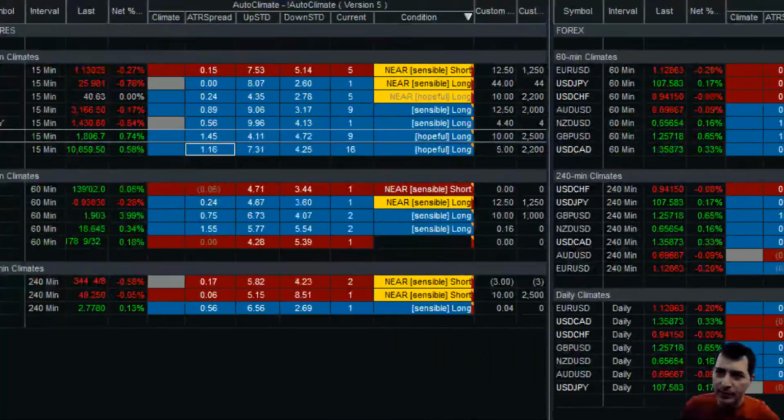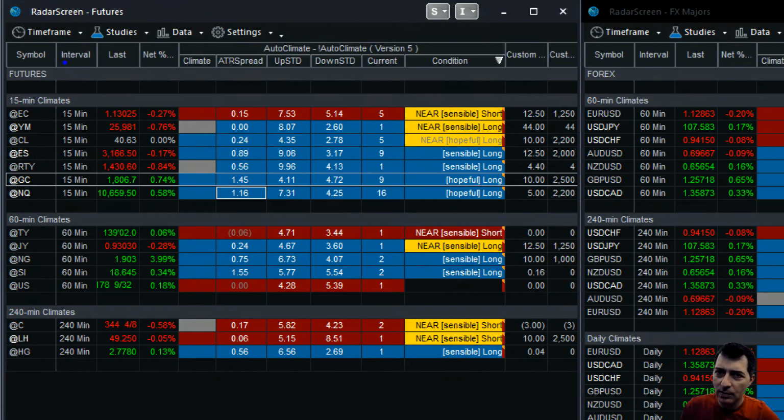So let me freeze the screen and zoom in. We're going to see what's available. Notice that the first thing we can see here is a near sensible opportunity with the Euro futures. This is the only one available with a 15-minute time frame climate, which is the upper markets that we have here on the top. Notice that we have another near sensible here, but also notice the gray box, which indicates the climate not being confirmed, and therefore probabilities are less. Just like here we got the word hopeful, meaning that the climate has been developing for too long and expecting it to continue, where statistics suggest the opposite is true, would be a bit hopeful, isn't it? So we're going to ignore it as well.